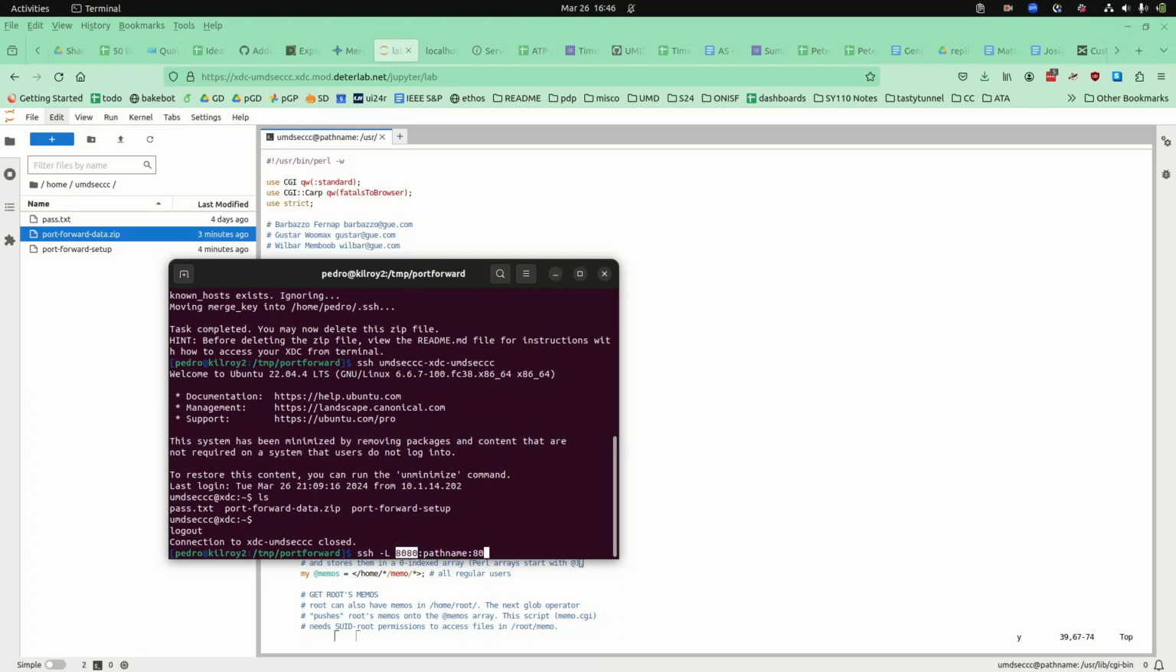So Pathname 80 is the web server on Pathname, and we want to make that appear as if it is my local address 8080. But to do that, I can't see Pathname from my home machine. I need to go through my XDC. So I'm going to specify my XDC just like this. So what's going to happen is we're going to SSH into the XDC from home, and we're going to set, we want to get to Pathname 80, and we're going to set the local port number 8080. So if I do this and hit enter,